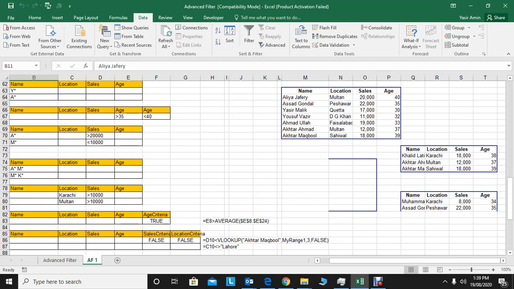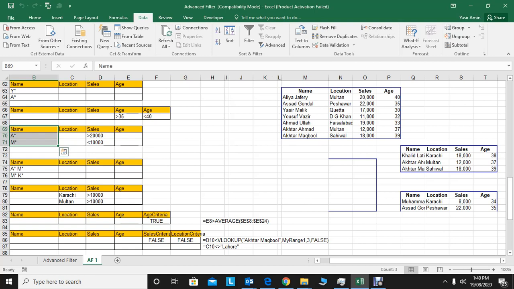It's a multiple filter. So whatever you need to filter, you need to write it. If you talk about text, like A or M, if it starts from this, you need to put a star sign, and if you need to apply it to numeric values like sales value or age, you need to put it here. Then the whole table will be filtered as per your requirement, and then finally you can hide this one if you want.